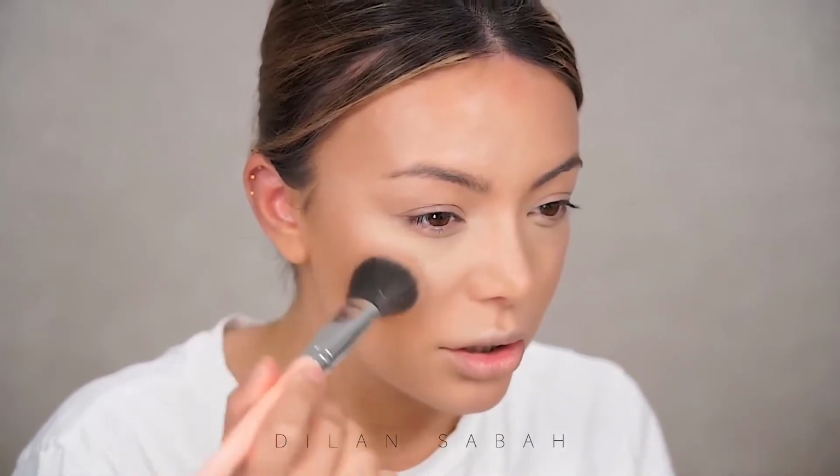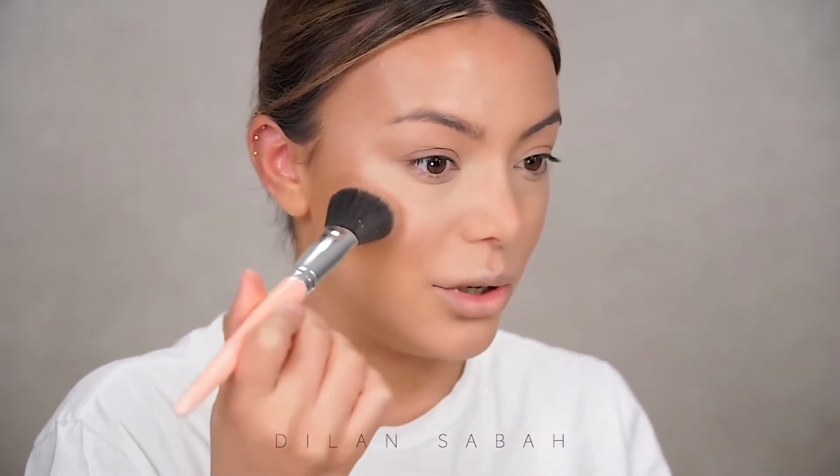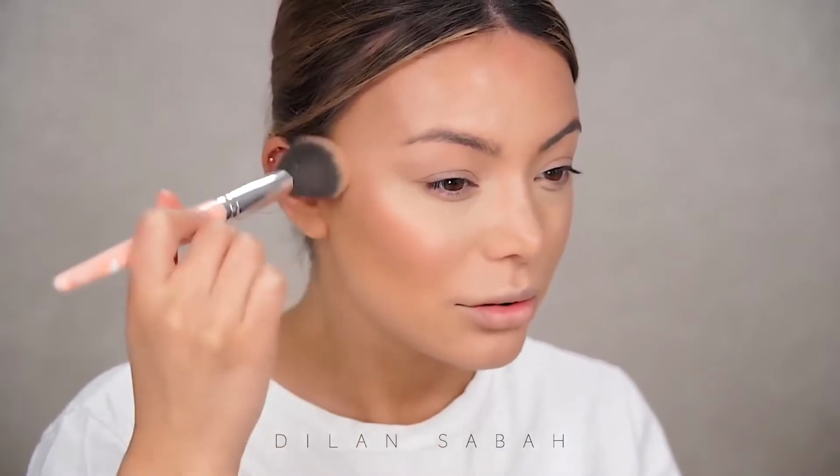And it's kind of like a, oh, this color looks beautiful. I hope it's not too light. I'm not sure if I can really show you guys the color of the blush, but it's kind of a very light peachy pinky color. It's such a beautiful color. Oh my goodness, I'm not sure if you can really see that on camera, but it's kind of a dullish color. I'm not sure how to explain it, but that is a really nice color blush. I know I put on way too much, but